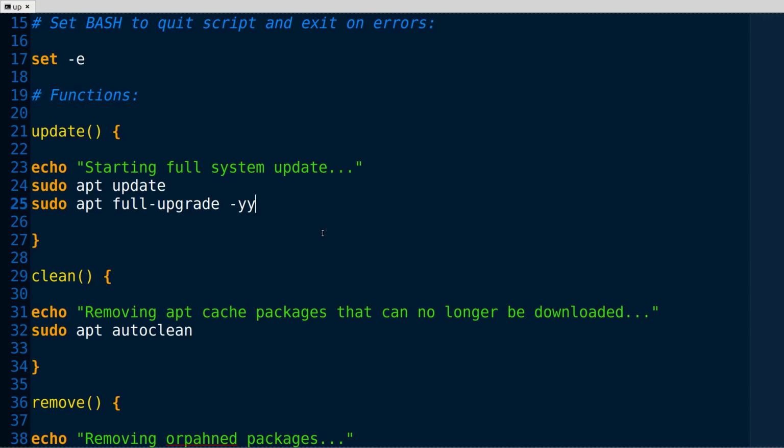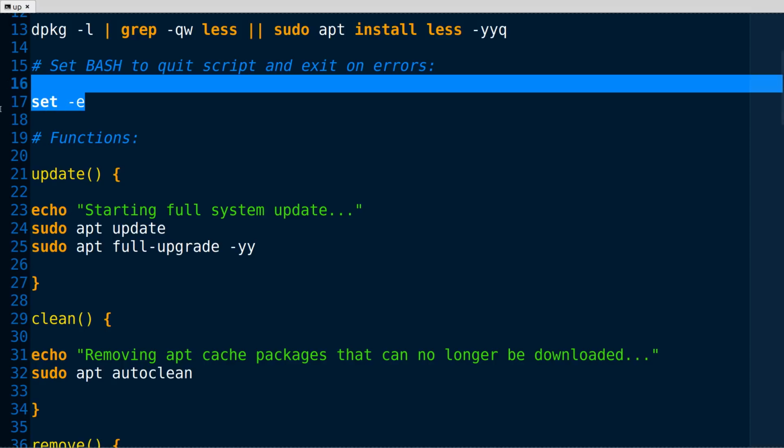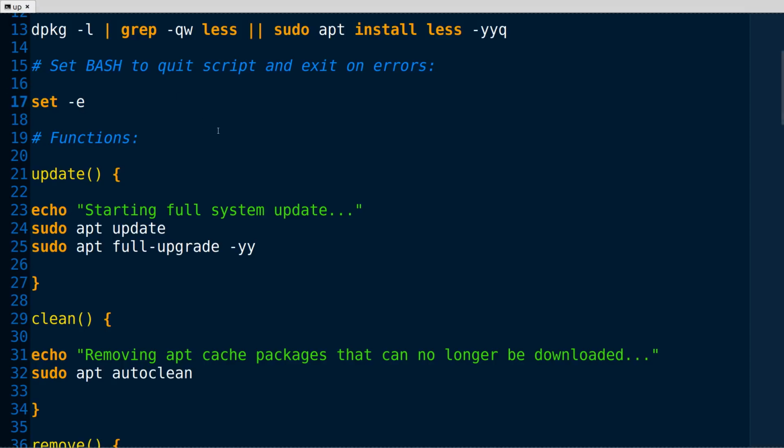And sometimes in some critical installations, especially on Debian, that's what you have to do. But in Ubuntu, it's pretty much taken for granted that you want to do a full upgrade every time you update. Same with Linux Mint as well. So if you use Debian, you can use this, but just keep that in mind. So anyway, we have the first function, which is update. Oh, this is an interesting call here. Set E. What does that do?